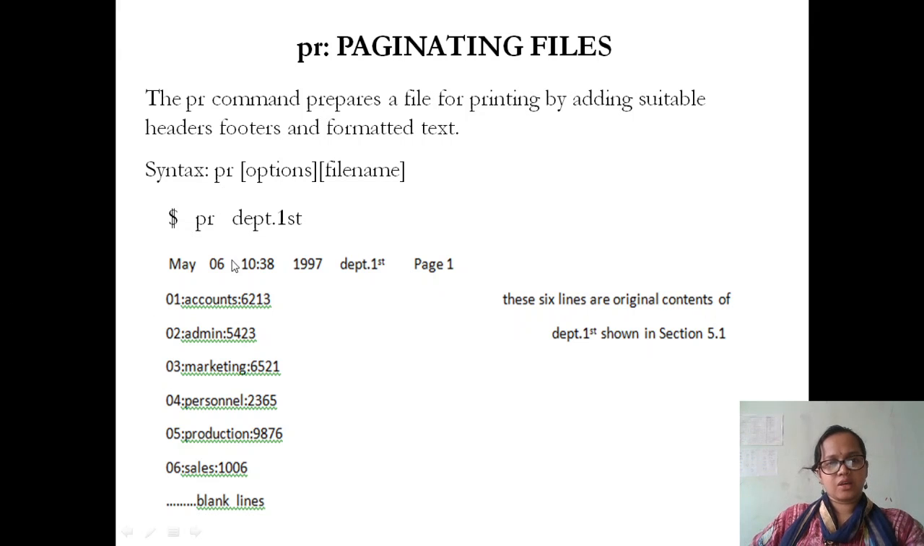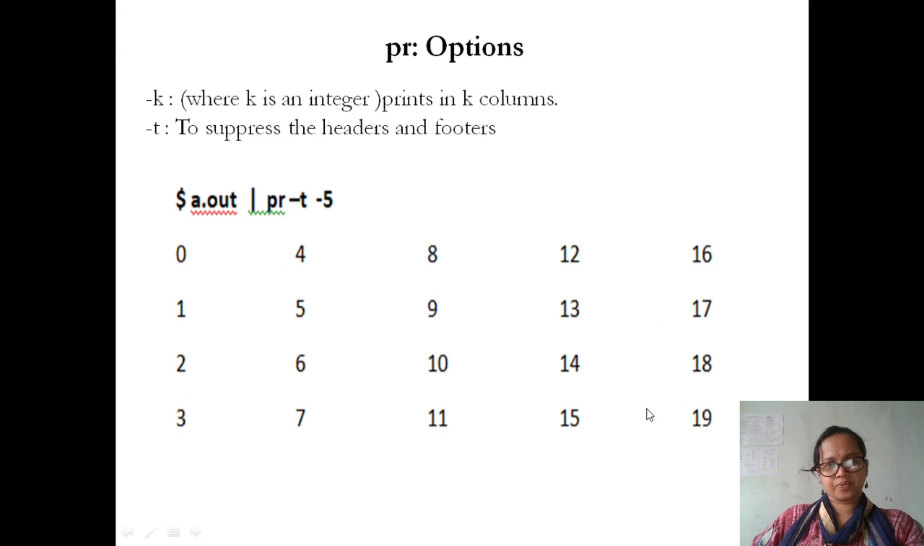The header here shows the date and time of the last modification of the file, along with your file name and your page number. You can see here, this is how it adds the headers and footers onto your particular file. Coming on to the options of this pr command, where pr -k, with k being an integer,